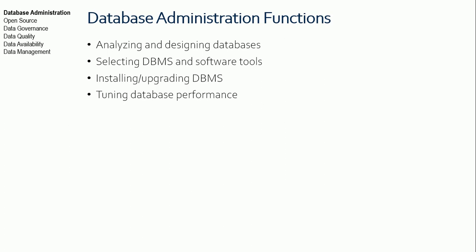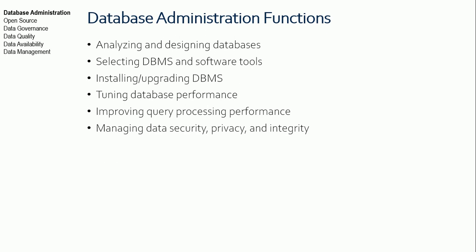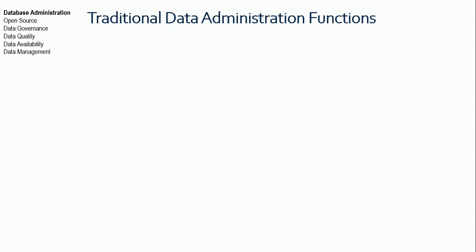You should be able to do performance tuning with your database management system, improve query processing performance by doing things like analyzing indexes and adding hints, and figuring out how to partition files. A lot of those things I talked about in the previous unit. Managing data security, privacy, integrity, being able to set up an effective disaster recovery, right? A backup scheme and having a recovery point objective that you can meet and so forth. So these are all the functions of a DBA, and these are basically what we're learning about in this series of courses.